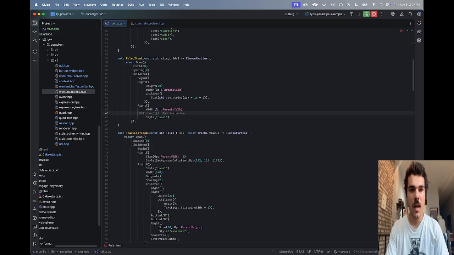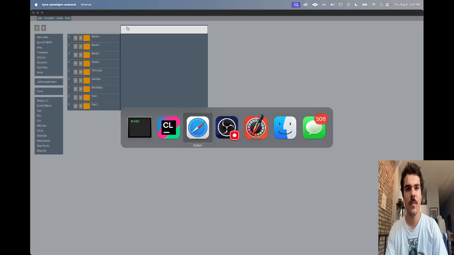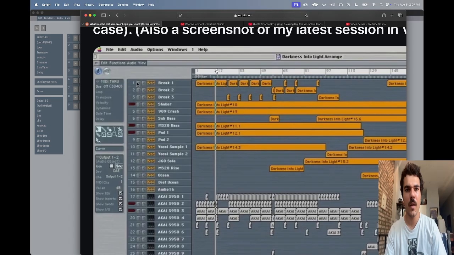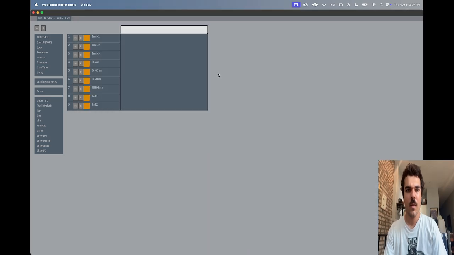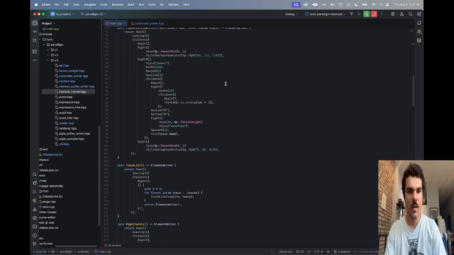This needs a height. Let's just do that. What is ruler height? 40. So this really should be like 13, and this should be like 37. Yeah, the white is bigger. And then